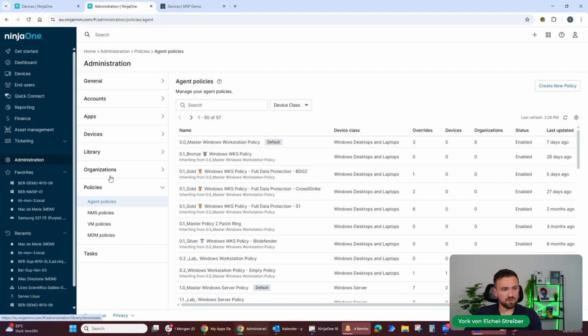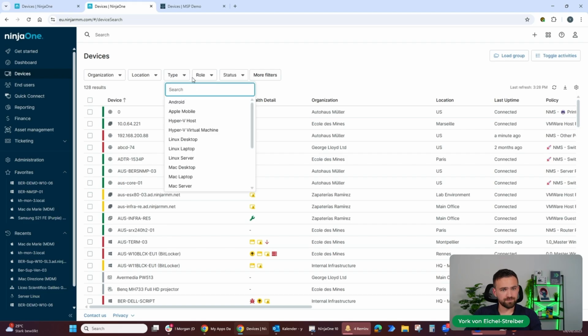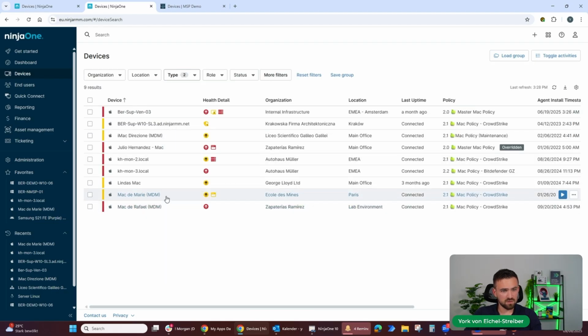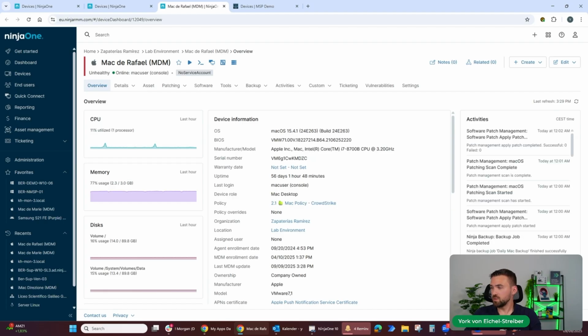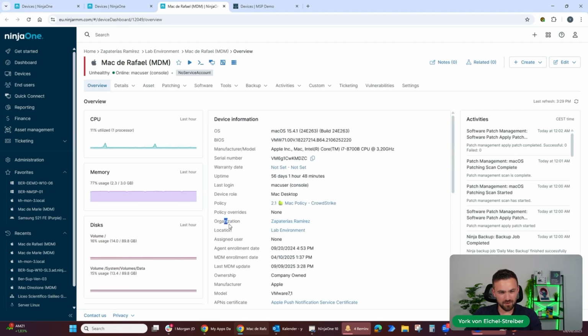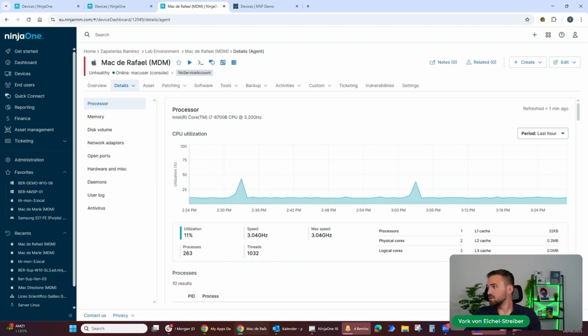And if we go out of the device and we just select a Mac device. So here, this one is connected. Here for all the American and UK people, we have lots of creative names from every EU country, from Germany, from France, from Italy, from Spain, and so on. So here you can see Zapaterias Ramirez for the Spanish-speaking audience. Anyways, so we are at the Mac level, and here you see now, this is enrolled into the macOS MDM. So you have the MDM tab and the MDM capabilities and the agent-based capabilities. Yeah, so when I go here into agent capabilities,